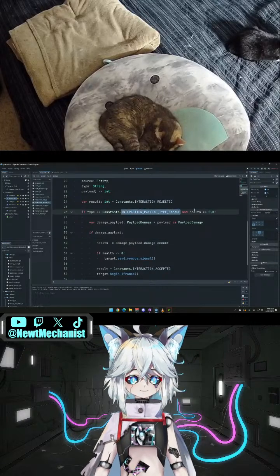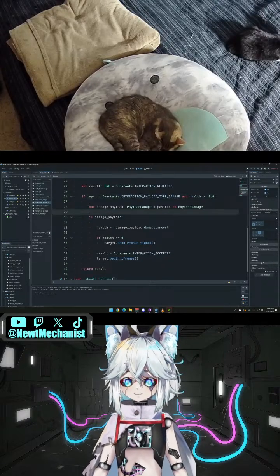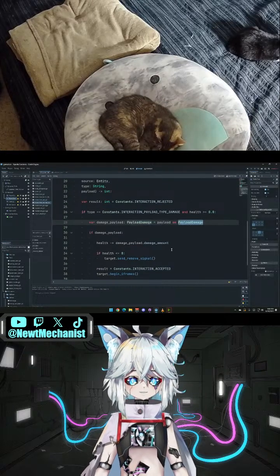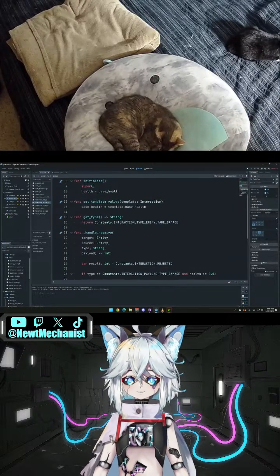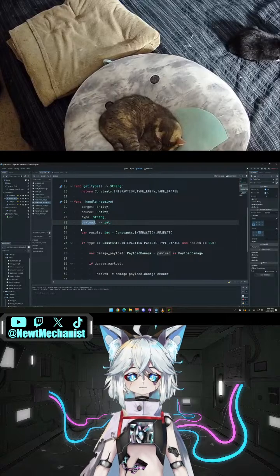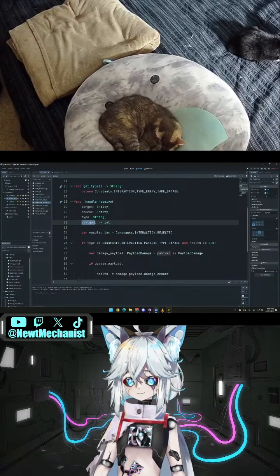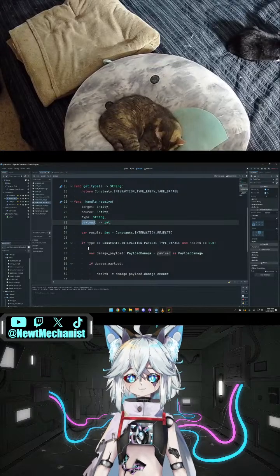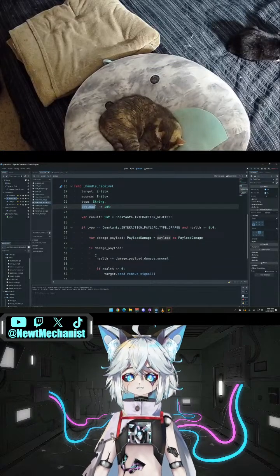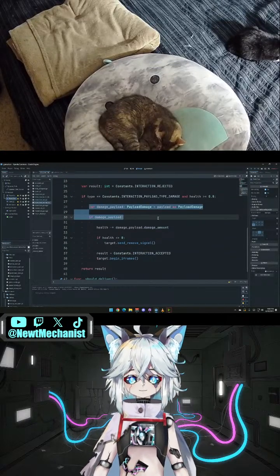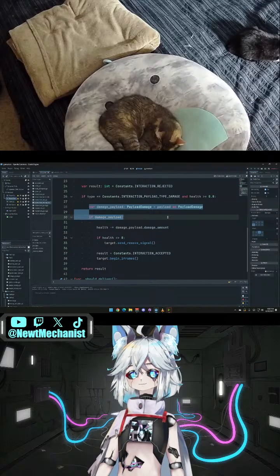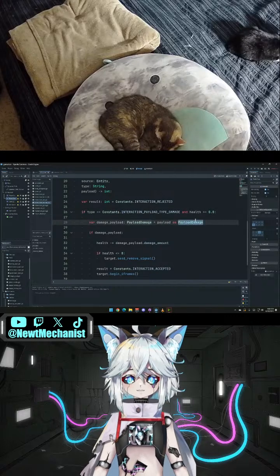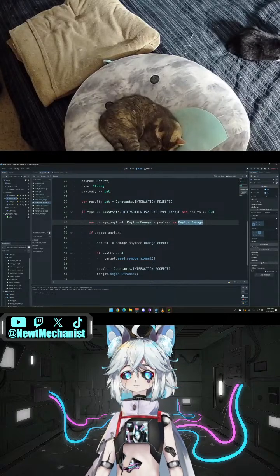So if it's a damage type and we have health left to lose, we double check, did we receive damage information, a payload damage object in our payload variant? I don't like this mechanism. Just from a design perspective, having a variant object is tricky. But as long as I keep this kind of pattern going, it does protect us to some extent. As in, if we get a damage message but it doesn't have a payload damage, then